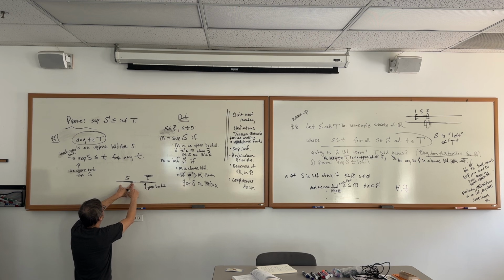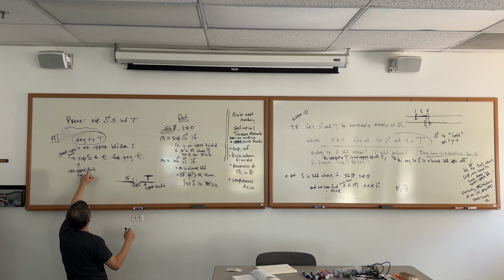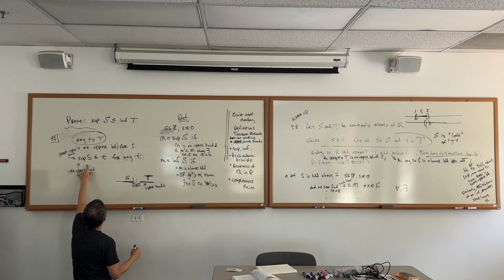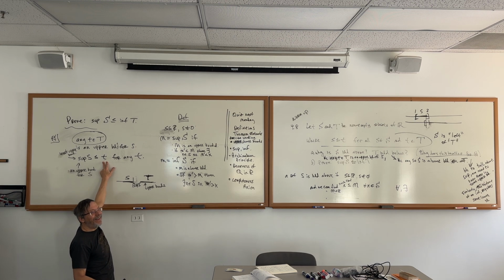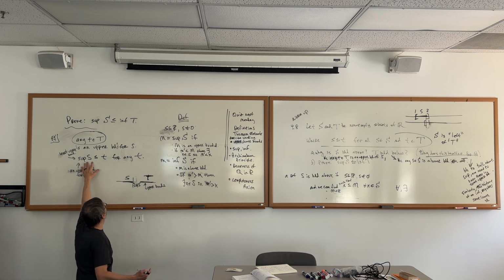So the supremum of S, this is the least upper bound. So it lies possibly at the left end of T, possibly to the left of T. These are all upper bounds here. But the sup itself has to live in here. The sup of S must live somewhere in there. So since everything in T is an upper bound, the least upper bound must be less than or equal to any upper bound. So this must be true.